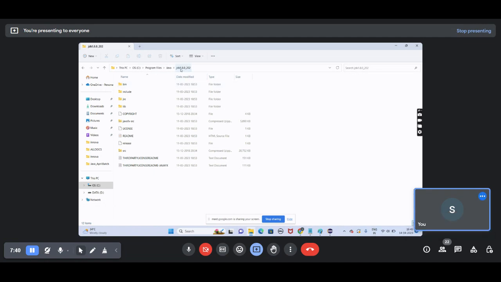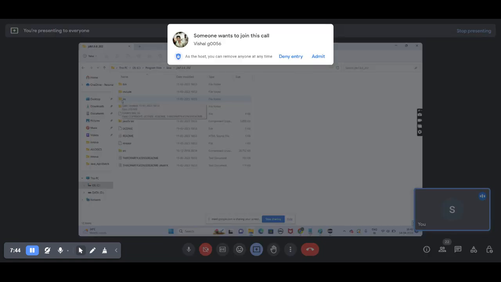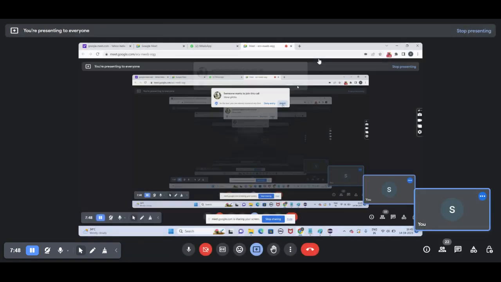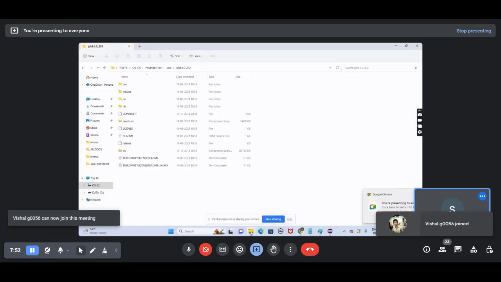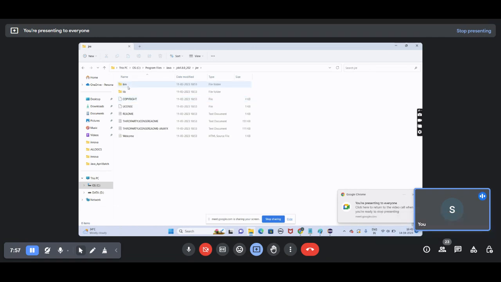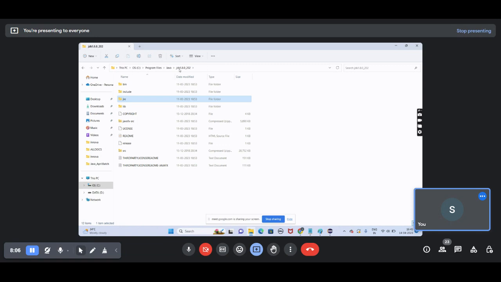This is JDK. See, here we are having JRE again. So inside JRE, whatever files are there in the separate JRE folder, all the files will be there. Bin, lib, like that. Okay. So JRE is used to run the Java program, whereas JDK is used to